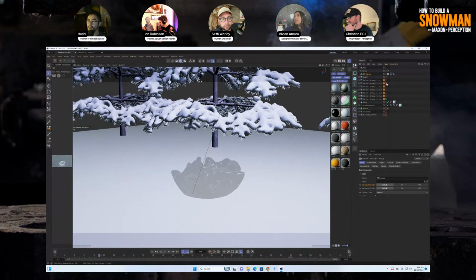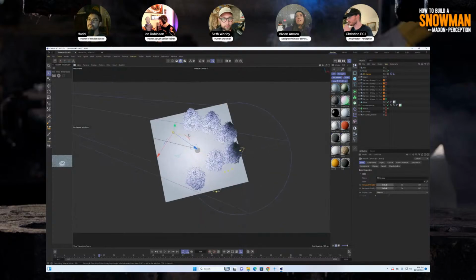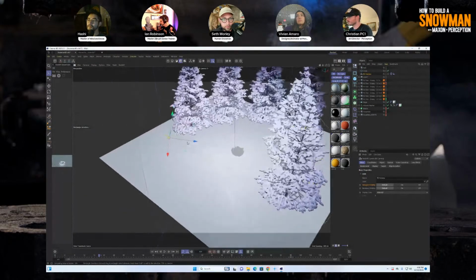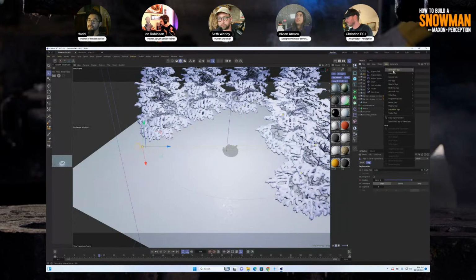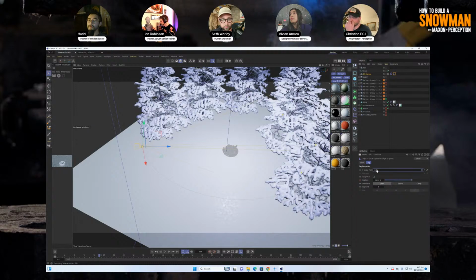I have one camera, and in my camera I have 2 tags, and one of them is the align to spline tag, which I get from tags, animation tags, and align to spline. In here, I have created a circle spline, and I dropped it in my spline path. And if I remove this,